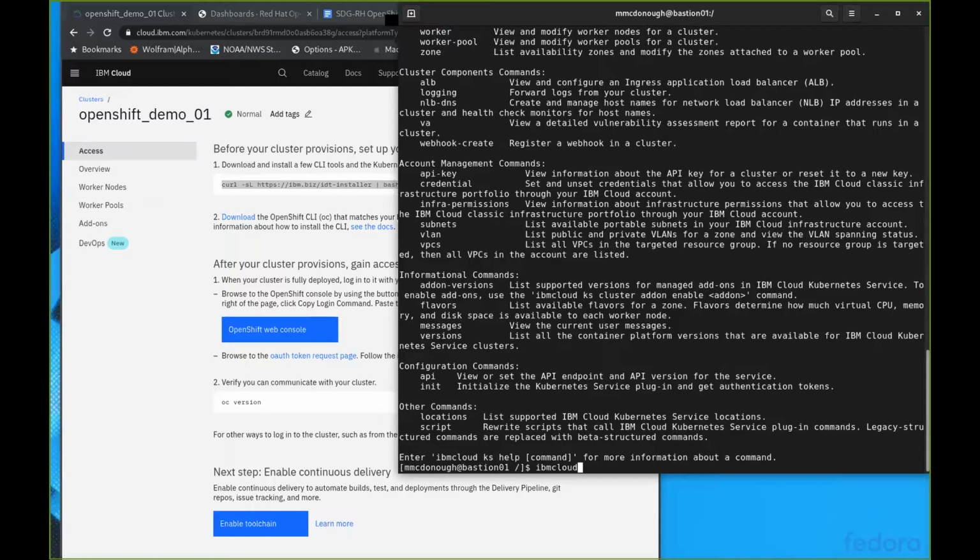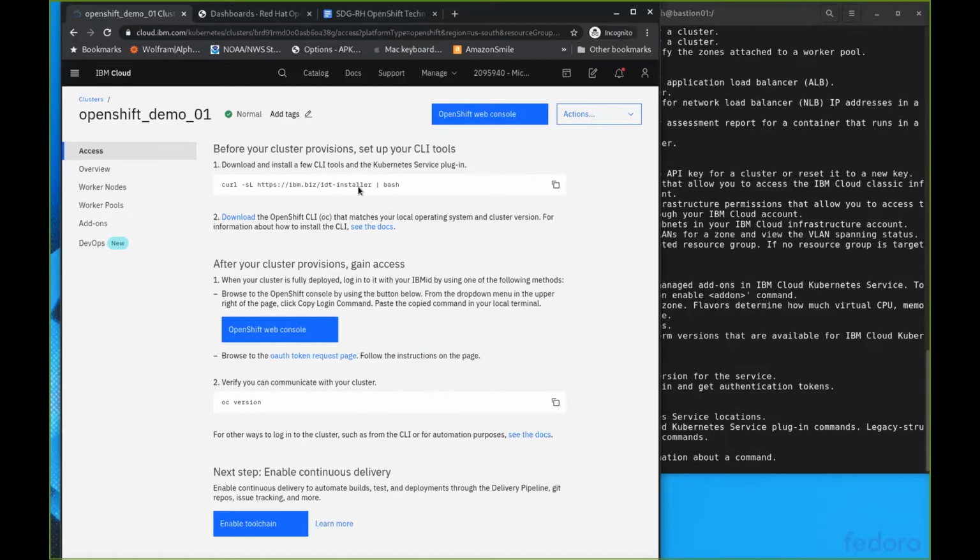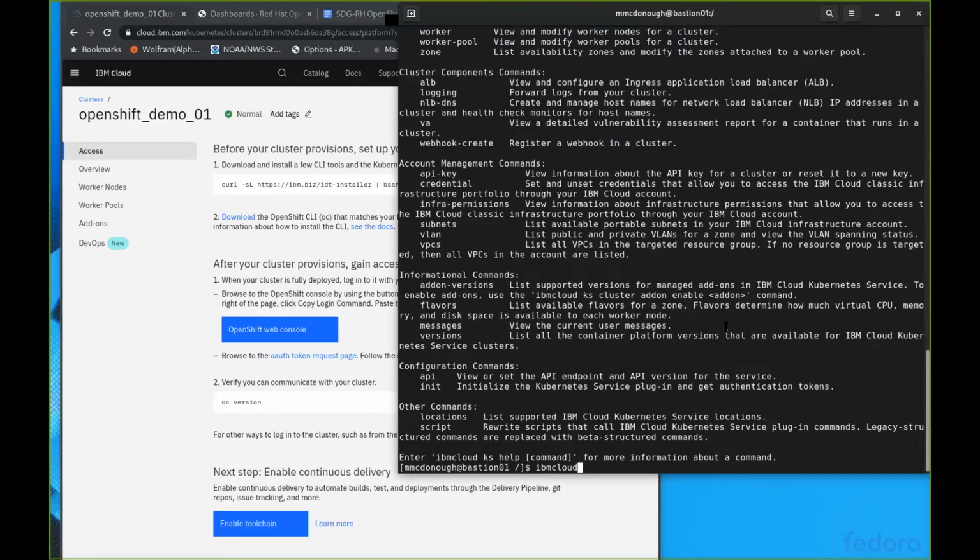Now, one note is that you actually want to rerun this curl command for each user that is going to be using the IBM Cloud command at the CLI level. So what I did is we ran this once as root to install the binaries, and then ran it again as each regular user. And what that does, when you run it as a regular user, is set up the